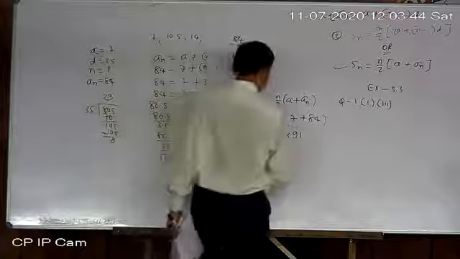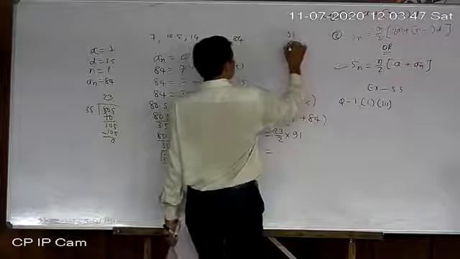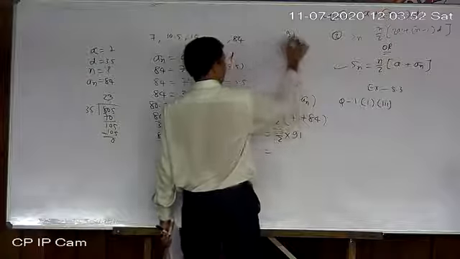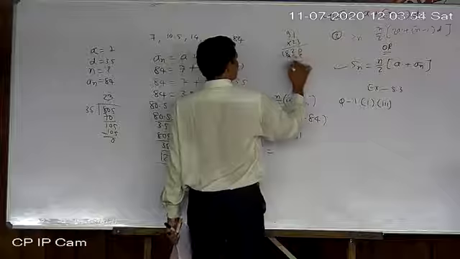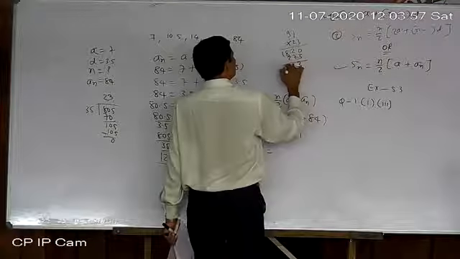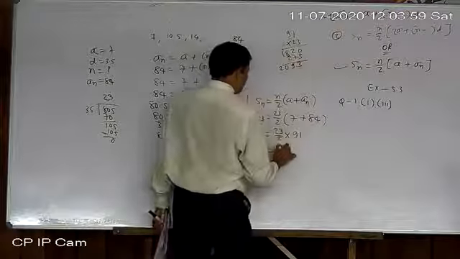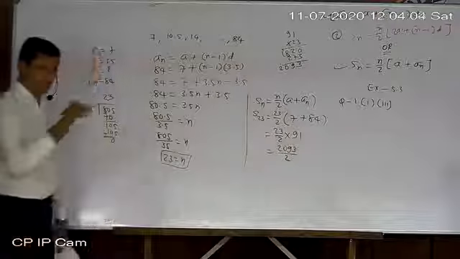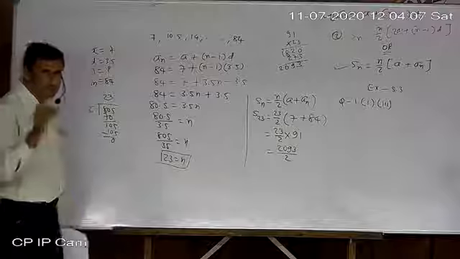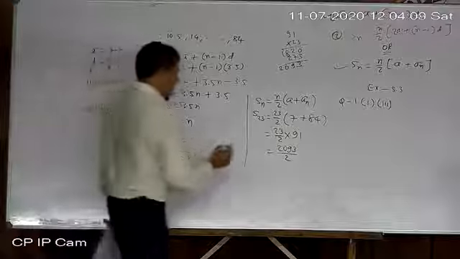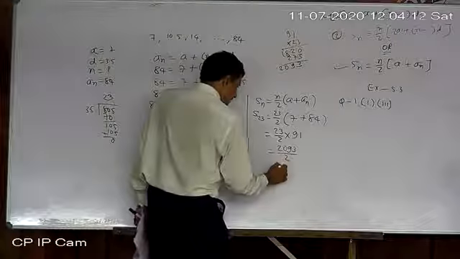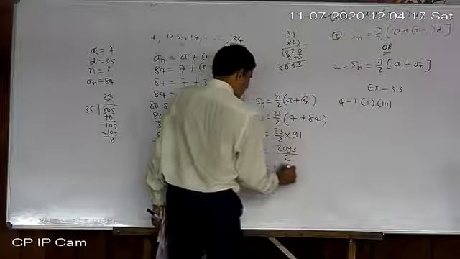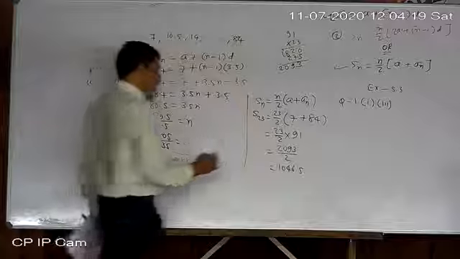Now just multiply them. So 91 into 23. 2 ones are 2, 9 twos are 18. 3 ones are 3, 9 threes are 27. That gives 2093 divided by 2. Now if it is divided by 2 or 5 or like that, at this time we have to give our final answer in decimal form. So just write down: 1, 0, 2 fours are 8, 1 left, 2 sixes are 12, then 5. 1046.5. That is our final answer.